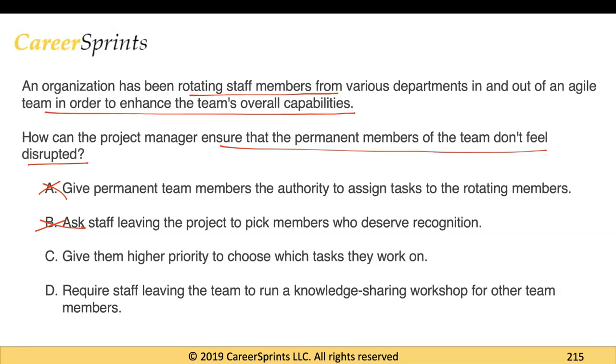Give them higher priority to choose which tasks they can work on. Again, you don't want to do favoritism in the team, because that would be disruptive for the overall team. Like the new people who join the team may not be happy with that. So that's wrong. And it says require staff leaving the team to run a knowledge sharing workshop for other team